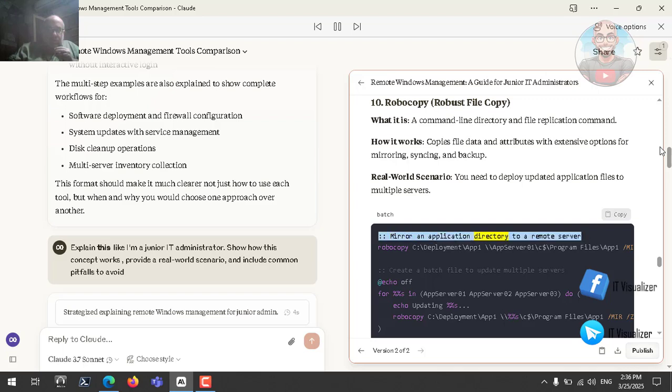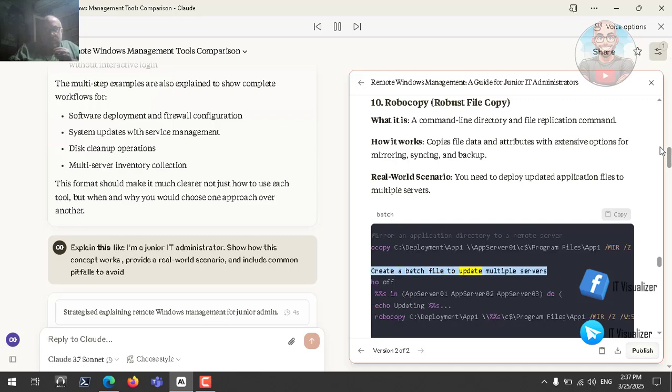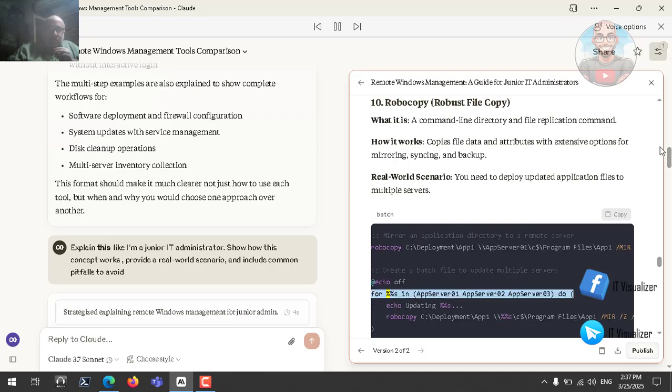Mirror an application directory to a remote server. Robocopy c:\deployment\app1 \\appserver01\c$\programfiles\app1 /mir /z /w:5 /r:2 /log:deployment_log.txt. Create a batch file to update multiple servers: for %%s in (appserver01 appserver02 appserver03) do echo updating %%s